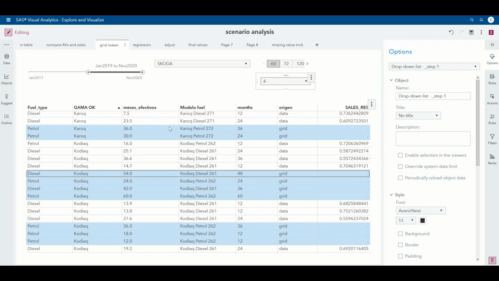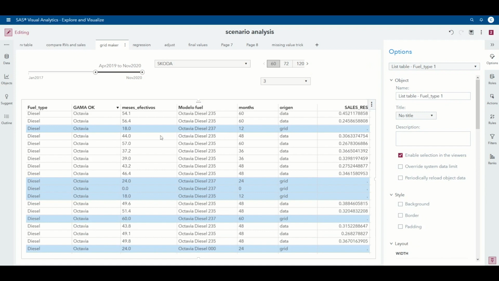So we have the real observations that are used for training the model later on, and we have added fake observations at specific grid points the user can define. For example, here we want to define and limit the range of the real observations. And here we can choose the brand. We want the grid to run until 60 months, and we want to have it at the 3 months step. So it gets updated with the data-driven content and the job execution behind.